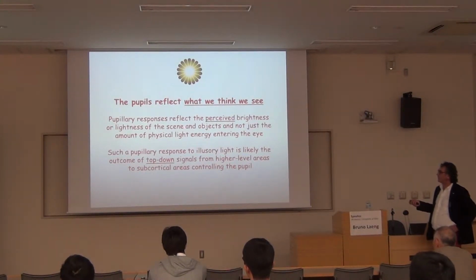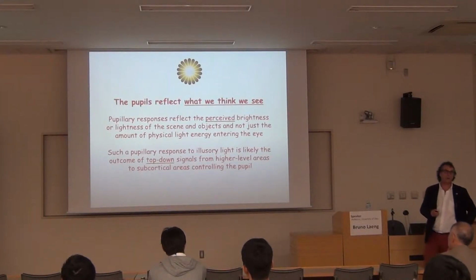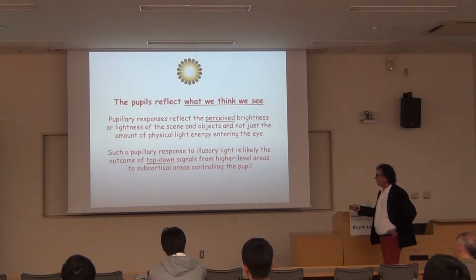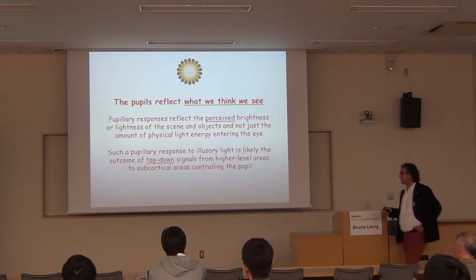And the pupillary responses reflect the perceived brightness or lightness of the seen objects, and not just the amount of physical light energy entering the eye. So it's not a closed-loop servo mechanism and so on, which is ignorant or uninterested about the content of the information. Such a pupillary response to illusory light is likely the outcome of top-down signals from higher level areas, subcortical